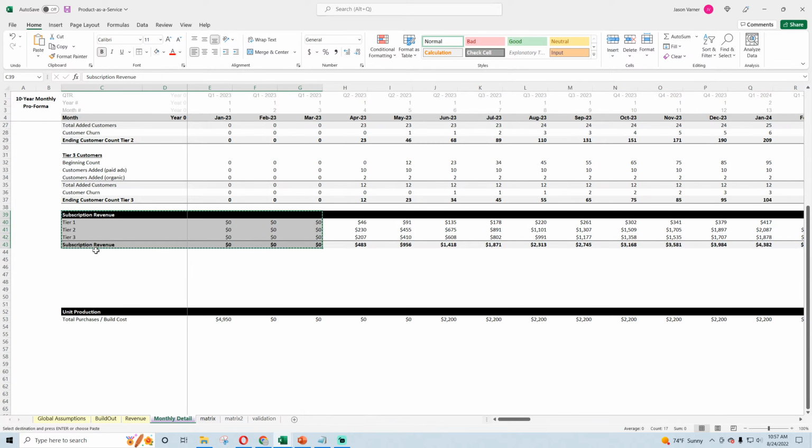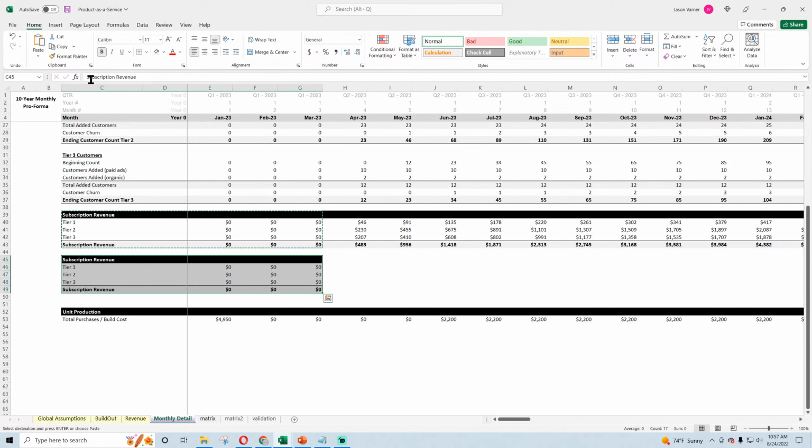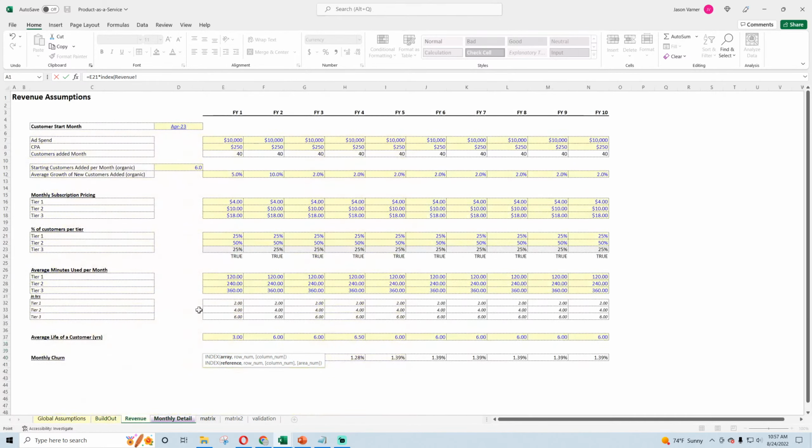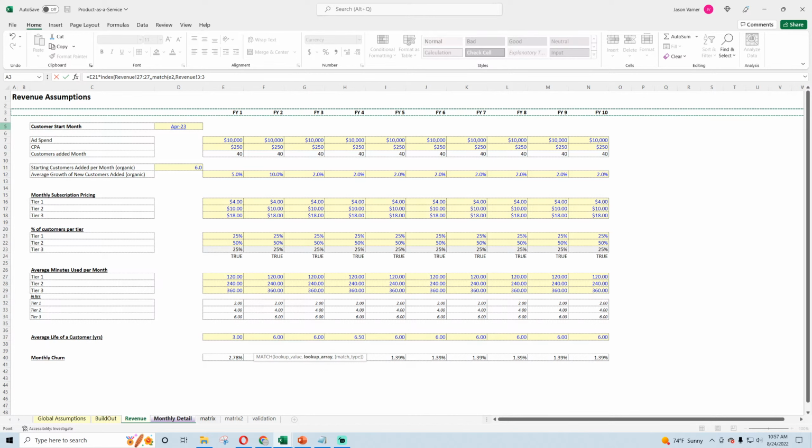Let's do product usage in minutes. So here I want to take the total ending customer count times, and we want to get the total minutes per month per customer. So we go there, dynamically per year.